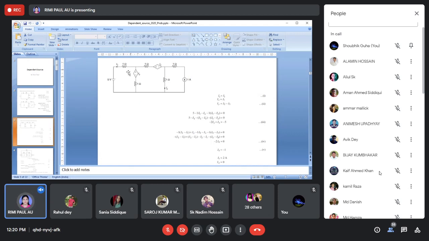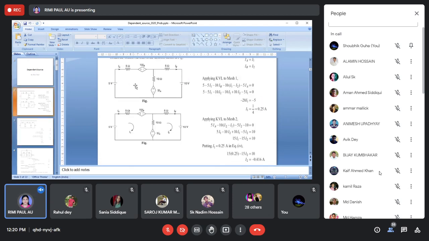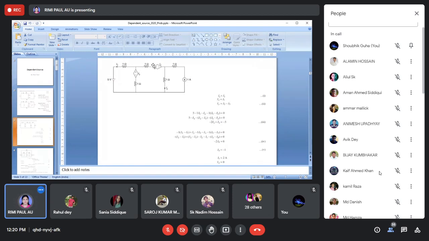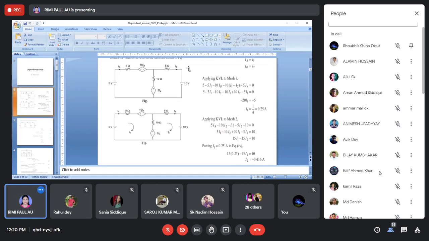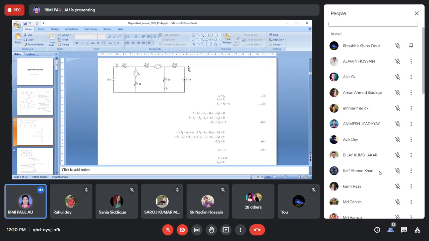Now I am not solving this problem, I will give it to you and you will try to solve it, because we have solved a similar problem here, but here only two branches are present, so you have to get one nodal voltage, right? Here you have to use two nodal voltages and solve the problem. So you can easily solve it if you can solve this problem. So I will give you this problem and you have to solve it.